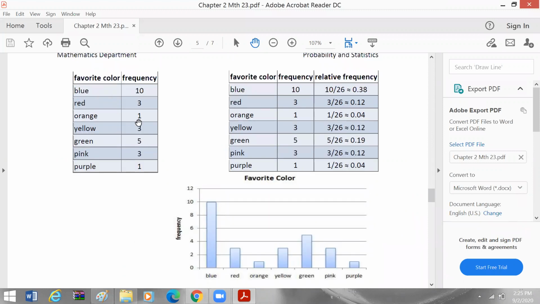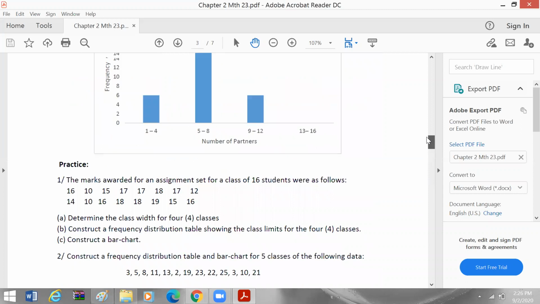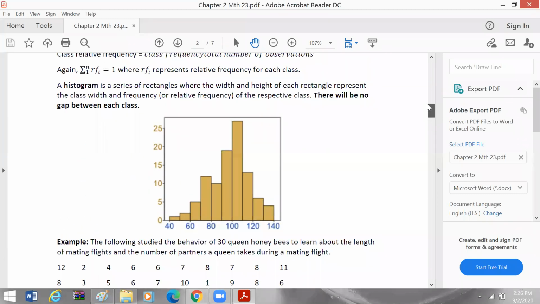You collect the number of times that blue appears, that red appears, the number of times orange appears, yellow, green, pink, and purple. So you can name them. Each time that they have the same favorite color, we collect one. So let's say we have 10 people whose favorite is blue and 3 red and 1 orange, 3 yellow, 5 green, 3 pink, and 1 purple, for instance. So this is how they make them. One axis is for frequencies and the other one for the favorite color. But we're not going to talk too much about that because this is not what we're going to focus on.